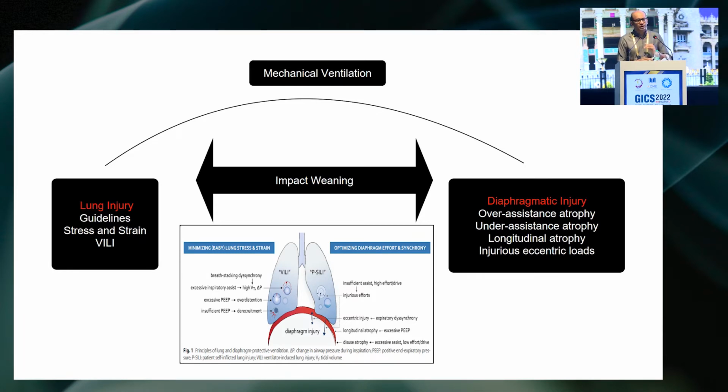And if we are looking for a predictor or a parameter or a strategy which is going to give you 100% success in weaning, unfortunately, we do not have any such predictor, any physiological or biochemical or laboratory parameter which can tell you with 100% guarantee that this patient can be weaned or this patient cannot be weaned. So how do we look at strategies by which you can optimize your weaning or liberation? One of the first things that we need to do is to look at the way